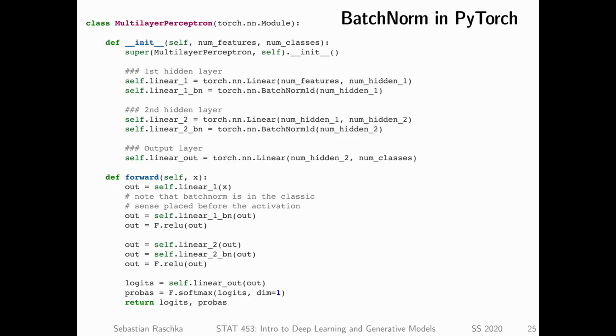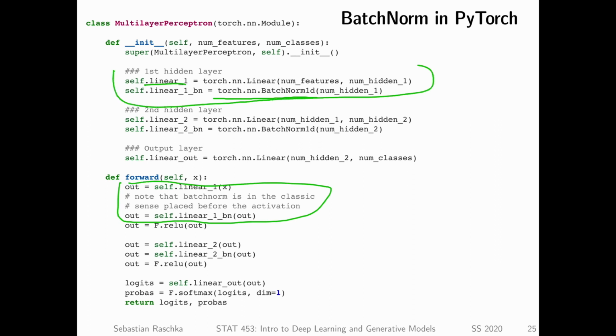One more thing about batch norm is how do we actually use that in practice? In PyTorch, for example, PyTorch already implements batch norm. We don't have to do this ourselves. What we simply do is add a batch norm layer after each hidden layer. So if we have a hidden layer, we simply add a batch norm layer after that. I'm applying that here. So this is the equivalent of that.